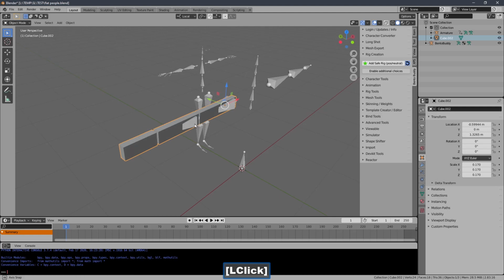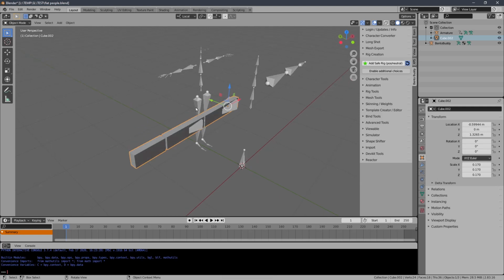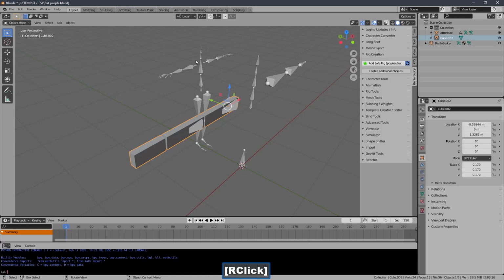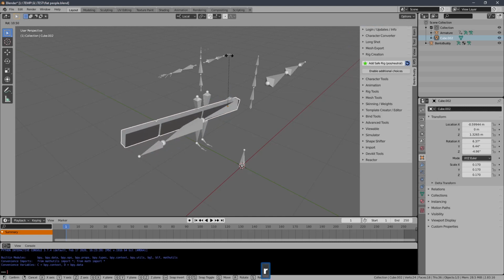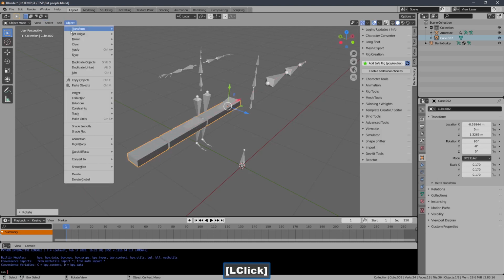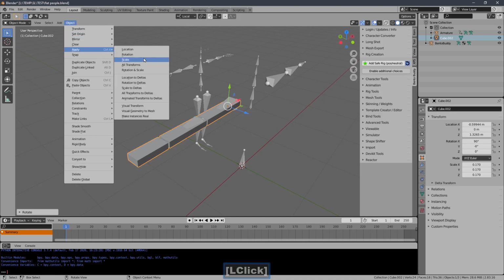I want to rotate my arm so that it's facing down, so that the palm is facing down. So I'll hit my rotate, right? Let's see if I can do this. You see the red is the x-axis, so I want to rotate about the x. So R to rotate, then hit the x, and then I can do, like, 90 degrees, and that should work. Then I should apply object, apply rotation. I'm going to apply rotation and scale,